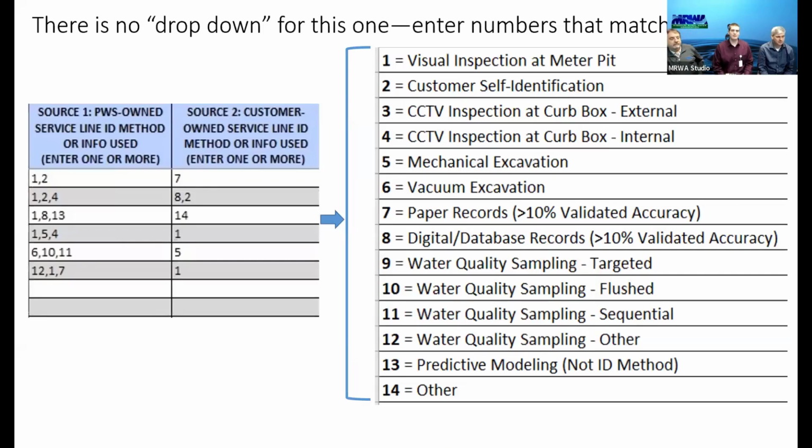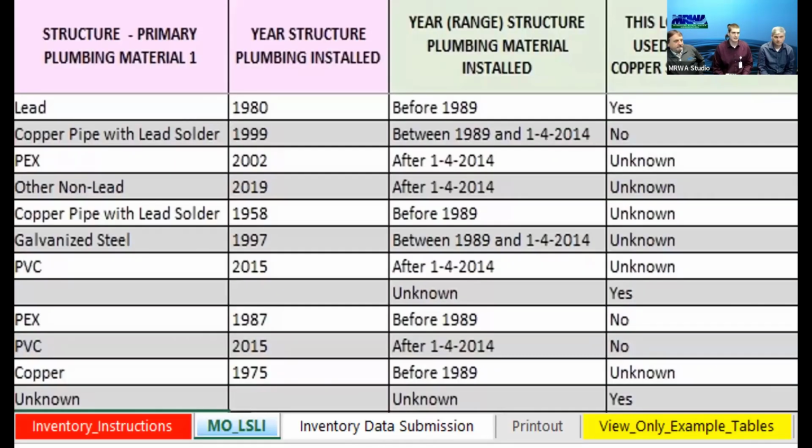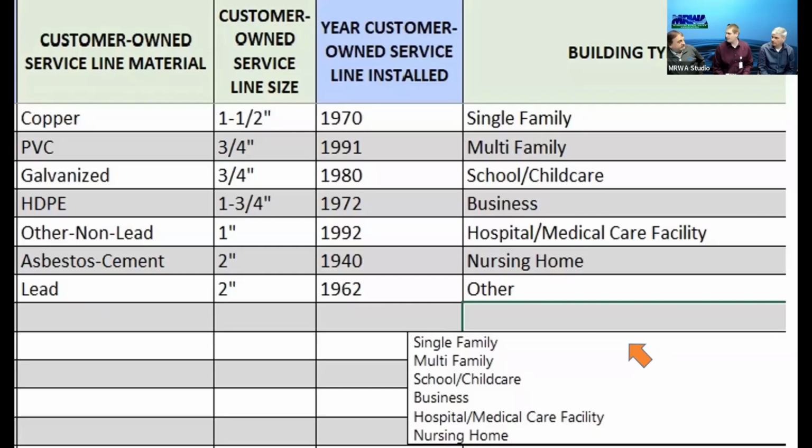Yeah, that is just for the systems' information to know. It could be helpful. It's just asking, do you plan to use this as a sample site or not? Some of the things that are built into the spreadsheet are for water systems' use that we really don't care about, but it's to help them out in the future.